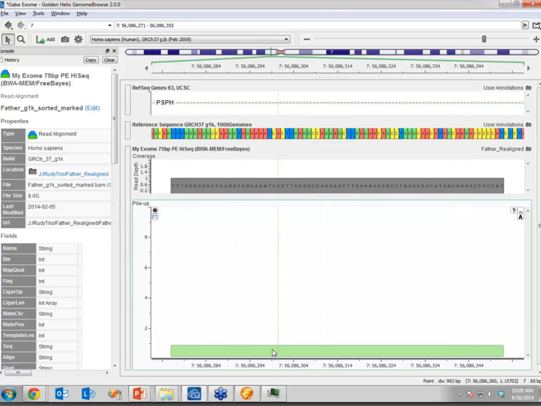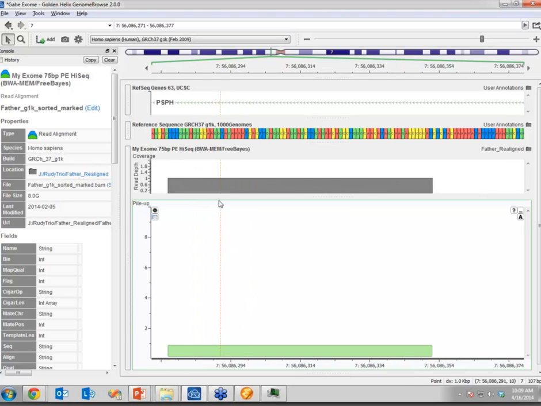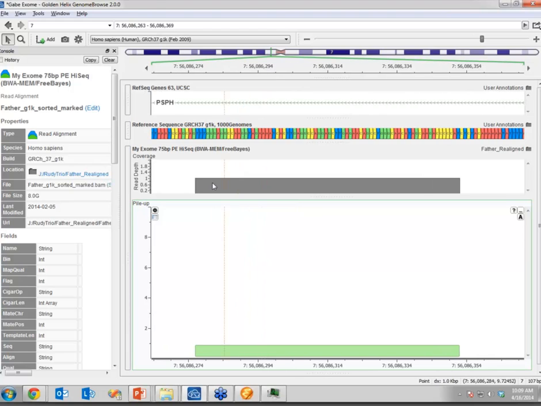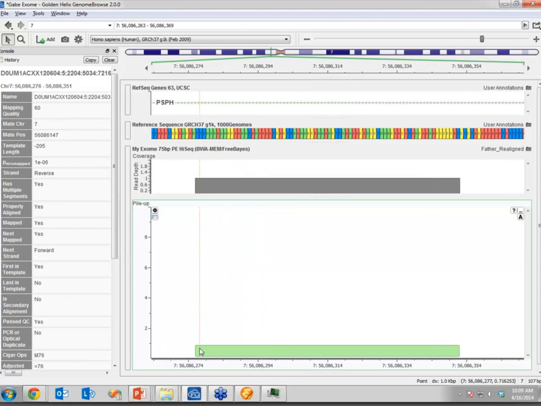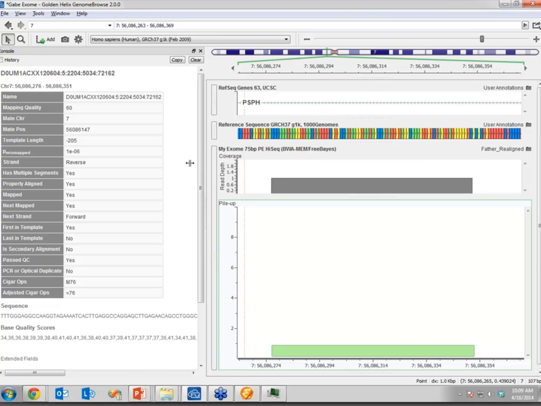In this case, it's a 75 base paired read, and you can kind of see the letters here. We're looking at a single read here and then sort of a pile up of reads there. And we can see where it fits into the human genome and what position it's at. If I click on anything in Genome Browse, you get context information of what you clicked on. In this case, we have the name of the read. Reads get unique names assigned to them by the machines that are generating them, and a really high mapping quality, which generally says there's only a 1 in 10 to the negative 6 chance of this being incorrectly mapped